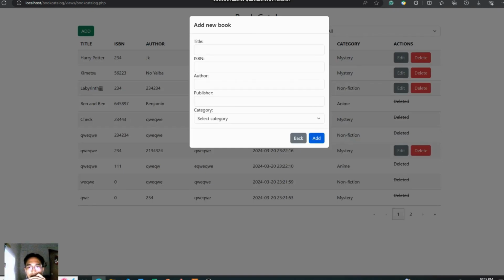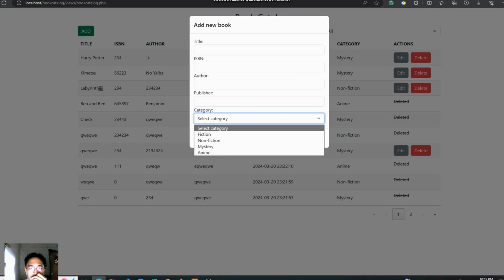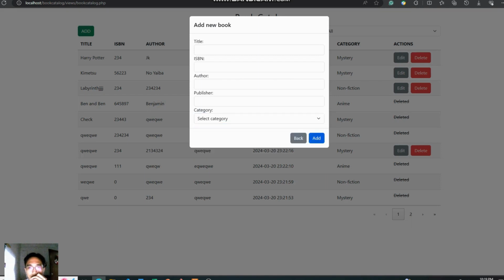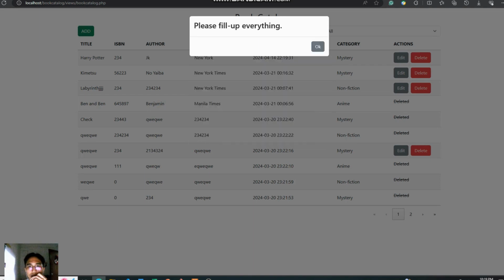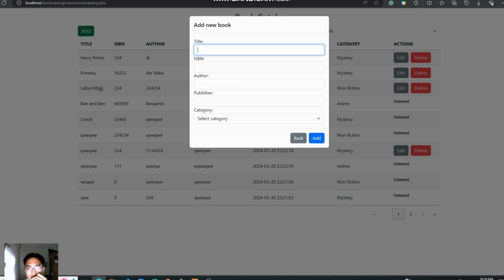And what if I add without any details in title, ISBN, author, publisher, and with the select category left selected, which is a non-value? Please fill up everything. So that is some of the validation.